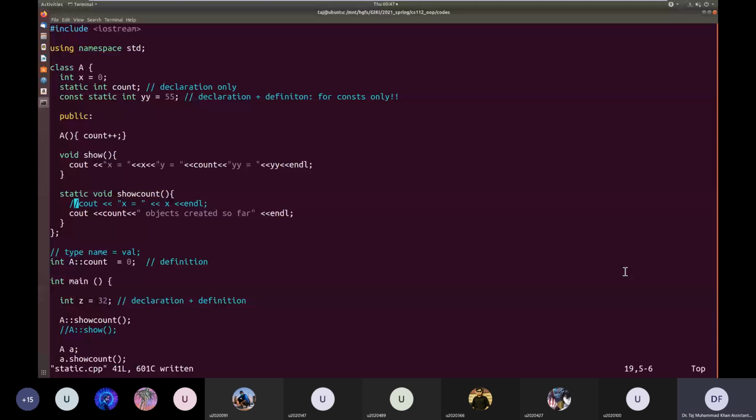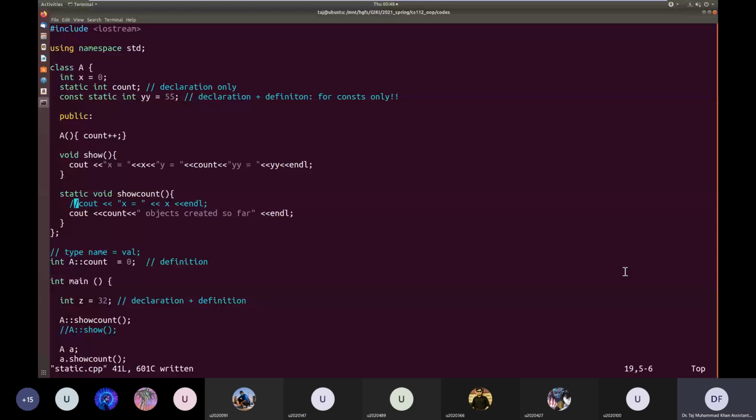And the second confusion will be, let's say I have 3 objects created and I call this static member function using the class name, A colon colon show count. There are 3 x variables created in 3 objects. Which x am I going to display?